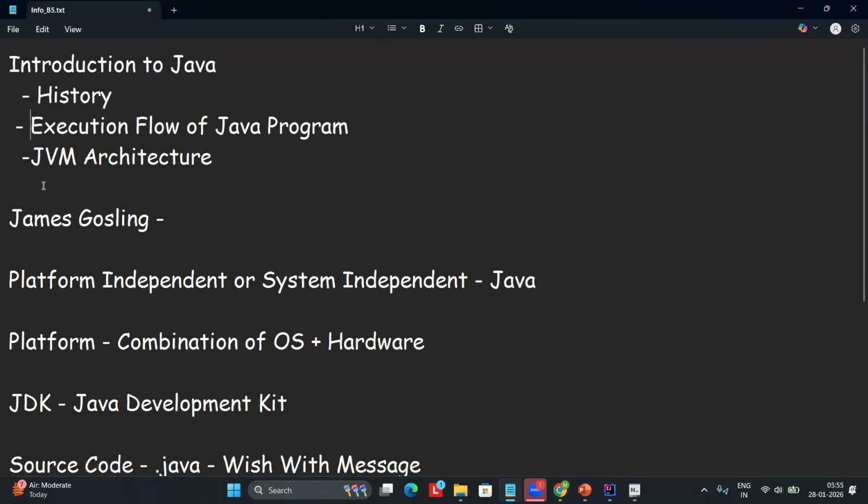Now, for tomorrow's class, what is your action plan? Come up with the setup. If your setup is already done, that's fine. If you want to upgrade your version, you can upgrade, or if you want to stick with the version you're using, that is also fine. For those who don't have Java and are new and want to install it,